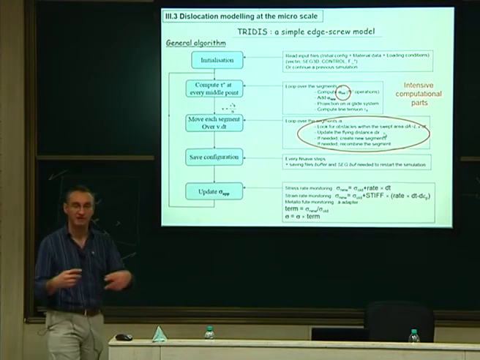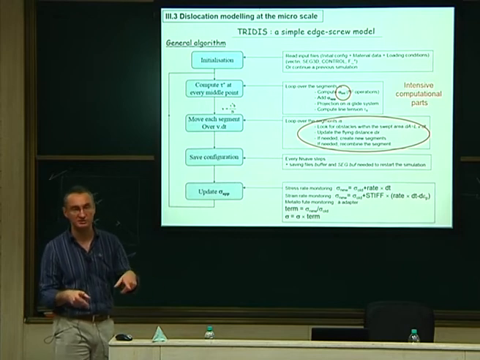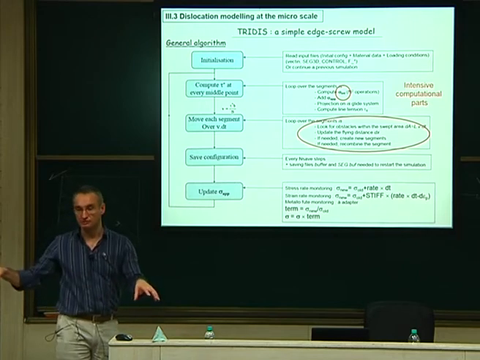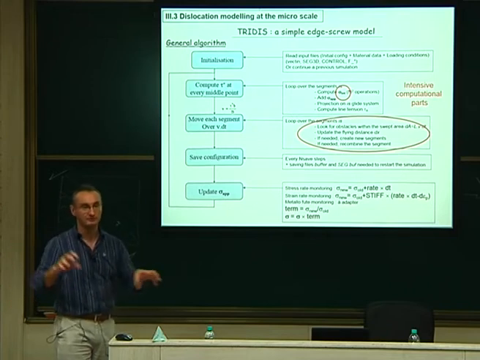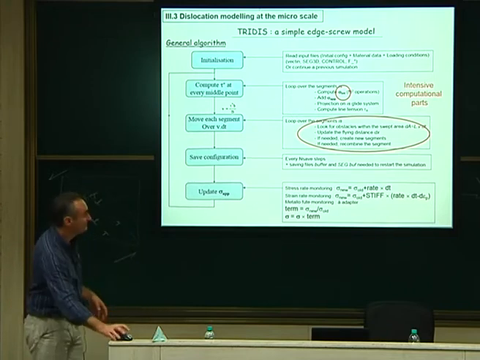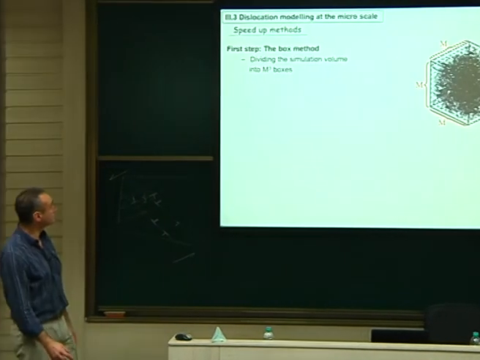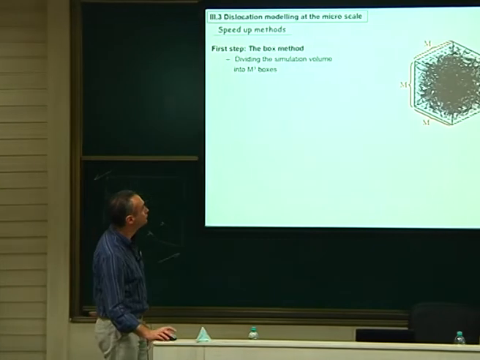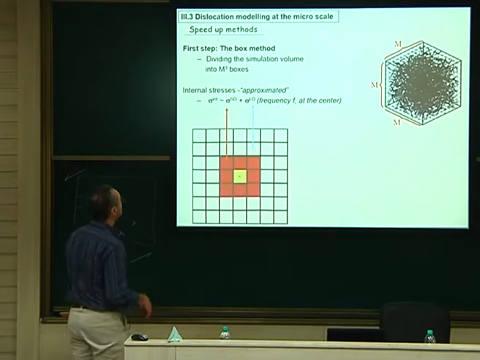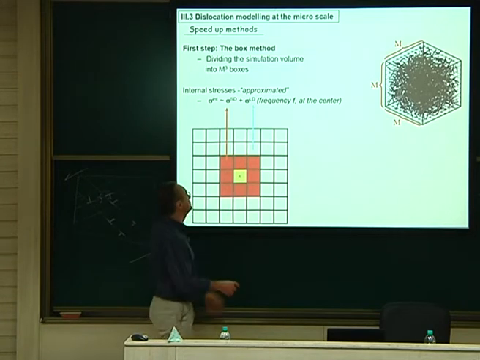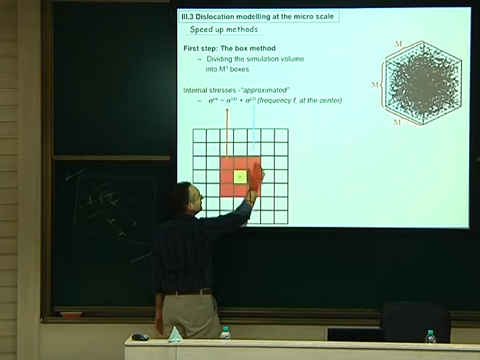How to make parallel the fact that when your dislocation reacts, you will create a new one or erase segments. If you do that in parallel computers, then your memory is lost because you don't have the same data on each node. So this is complicated to do. For that, this is what we define in the code. We subdivide the volume into boxes, m boxes per side of the cube. And in the volume, first for the stress computation, we say, okay, the dislocation is in a box, like this. I will say this box plus the first neighbor box.